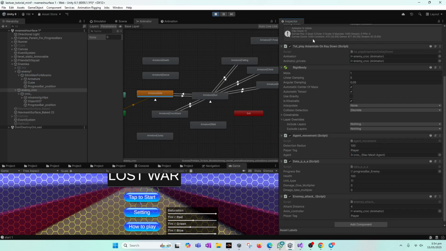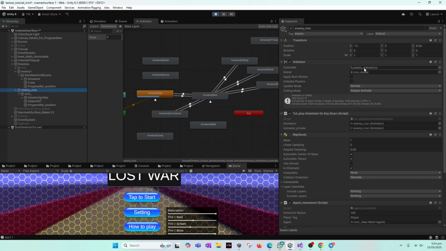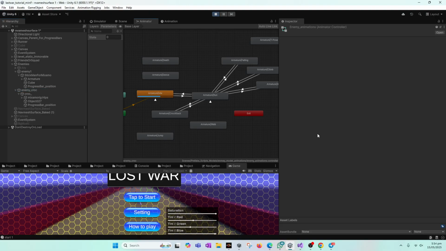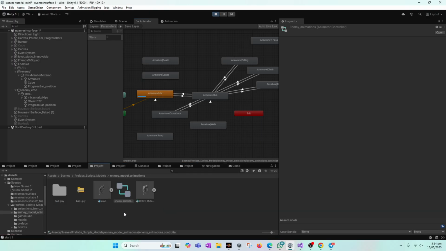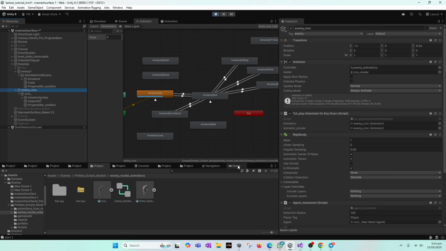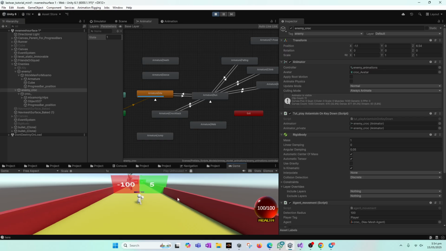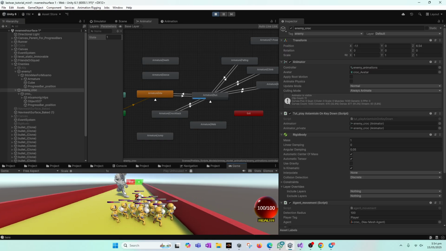if I press it here, as you can see, the idle animation is fine, and it's in enemy croc. So this is enemy croc, and this is the enemy animations controller that is currently in it. I will double click it just to show you. So this is the animation controller, and if you double click it, it will open in this window. And now we go to enemy croc again, and now when we press this, as you can see,